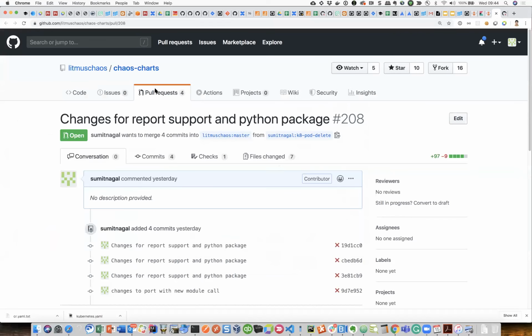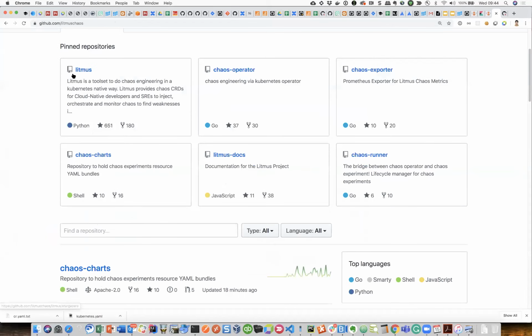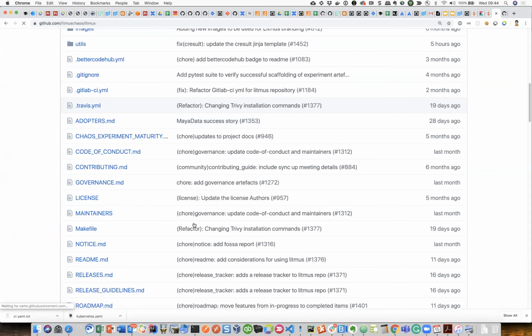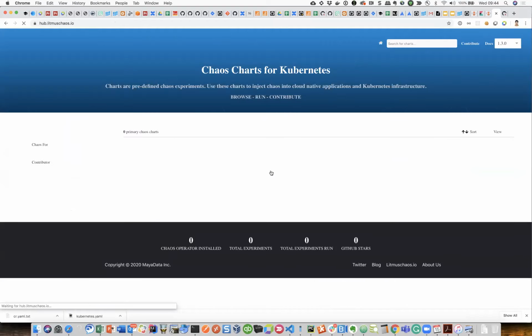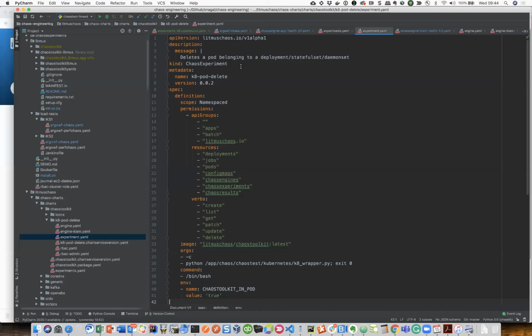If you go back to the Litmus chaos charts, it is available here and you can look at it. This is the custom resource, and in it is the experiment we have defined.